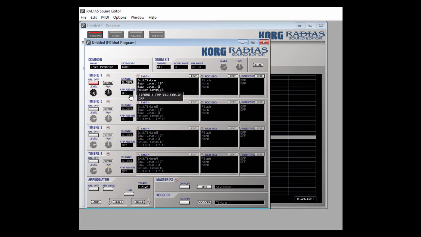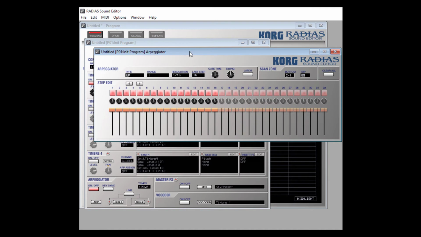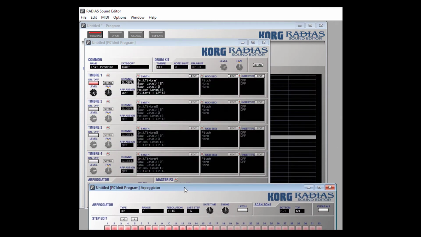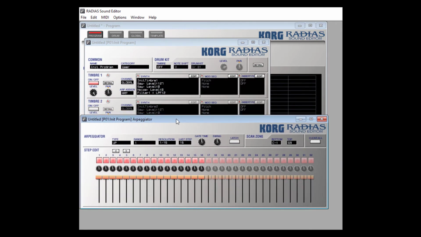Now we want to assign where the notes should go to, what sequencer. We'll want to send them to the Arpeggiator. Then we'll go down here to Arpeggiator to turn it on. Click the Arpeggiator button. It will open up the Arpeggiator program window. I'm going to leave it there for now. And we'll click Latch, and you can hear